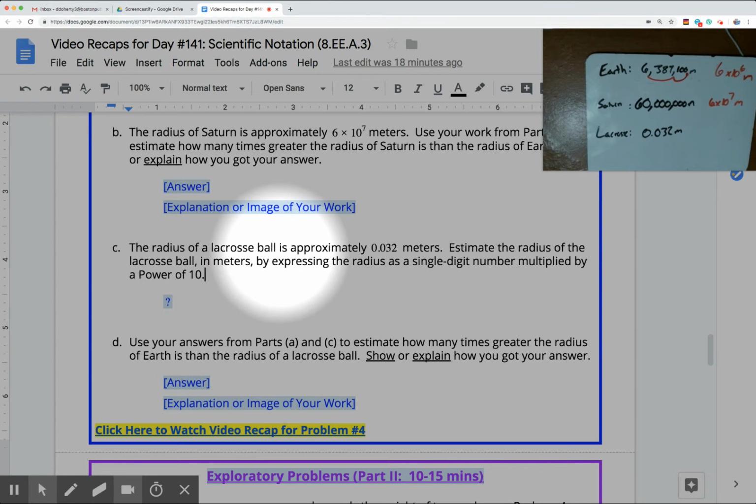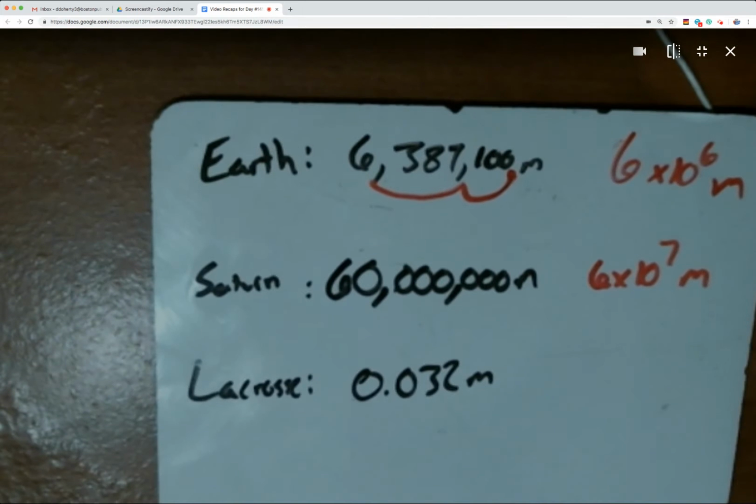Part C, and I know I'm moving quickly, sorry about that. The radius of a lacrosse ball is approximately 0.032 meters. We have that written here. Estimate the radius of a lacrosse ball. Again, we're estimating here by expressing it in scientific notation, or as they're saying, a single-digit number multiplied by some power of 10. So if we full screen that whiteboard again,